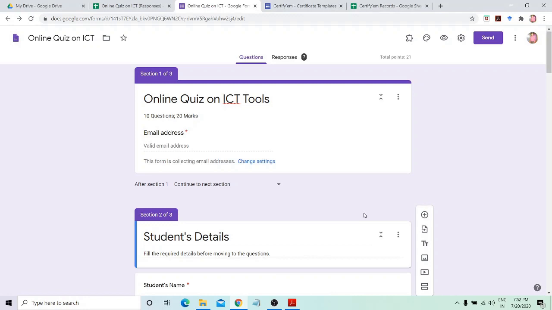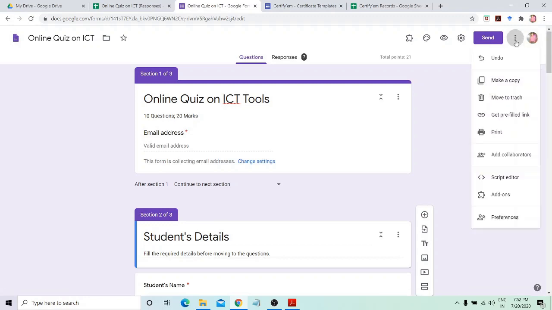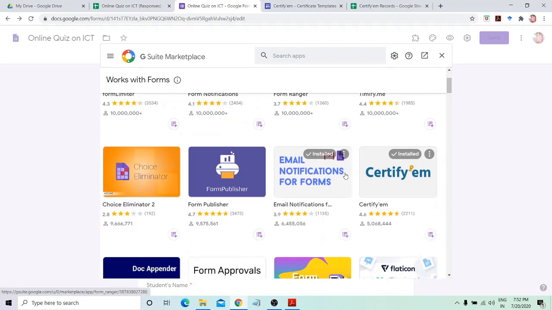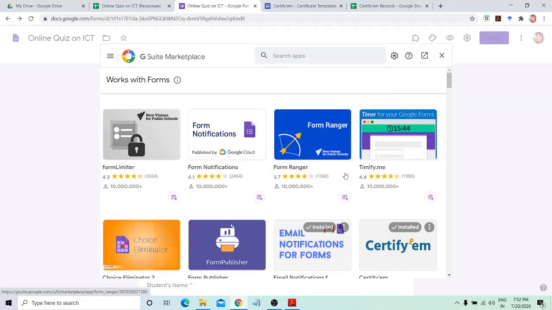To use add-ons, simply open your feedback or Google form or quiz and simply go to this three dot, go to add-on section. From here you can get a number of various add-ons for different kind of job.